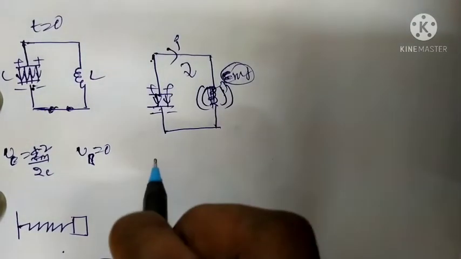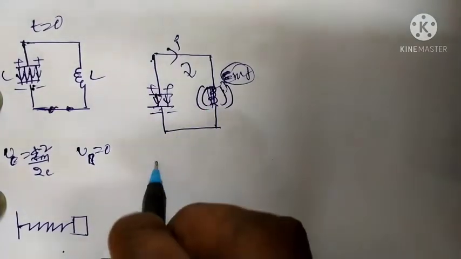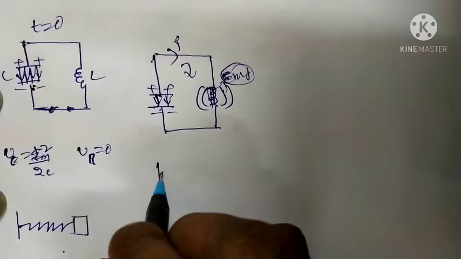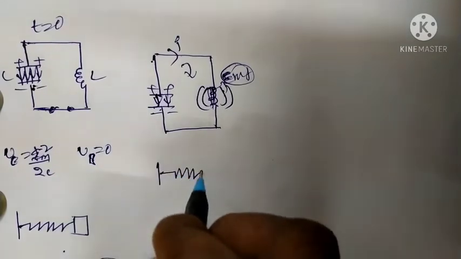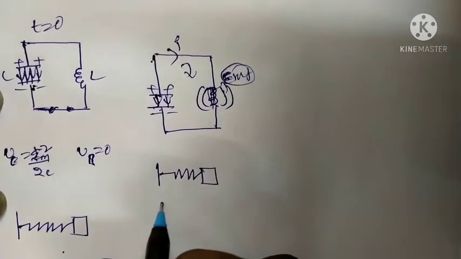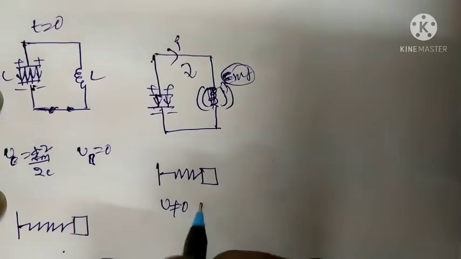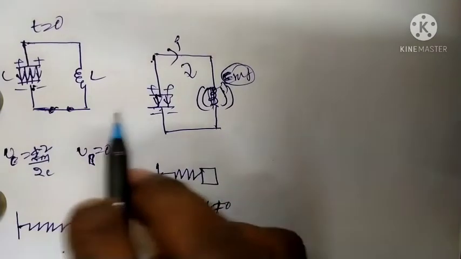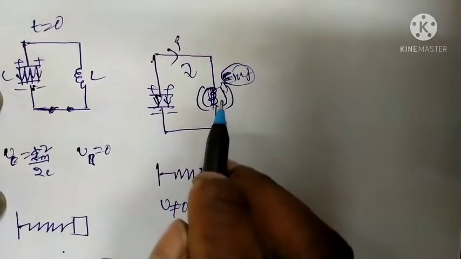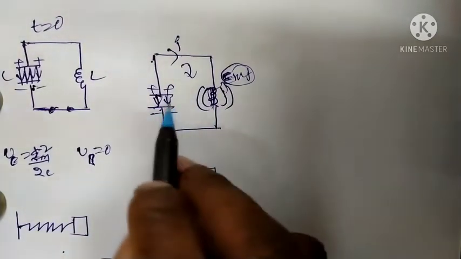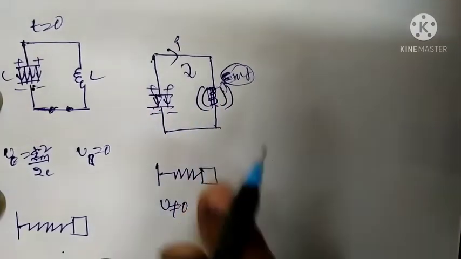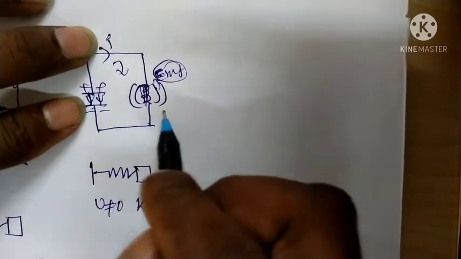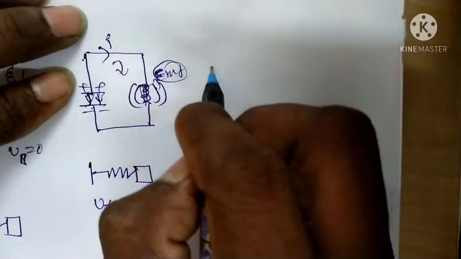Similarly, in the case of motion of the spring, there is equal energy: potential energy is not equal to 0 and kinetic energy is not equal to 0. Both are partial. The inductor and the capacitor each hold part of the stored energy, so there is no single maximum energy.